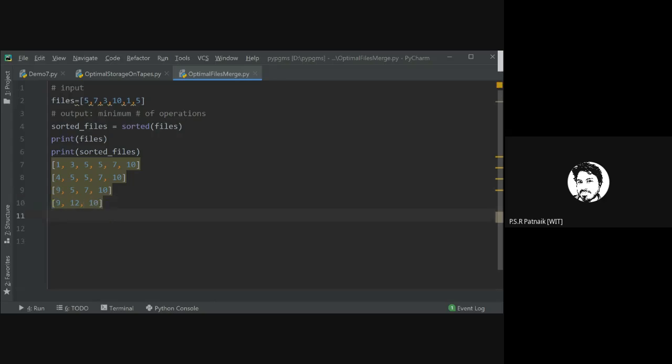Now what should be the second merge? 9, 12 or 12, 10 or 9, 10? It is 9, 10. So when you combine 9 and 10, you get 19, then you have remaining 12. Okay. So if I want to implement this logic, what I can do